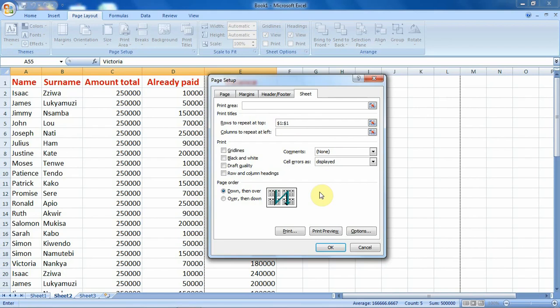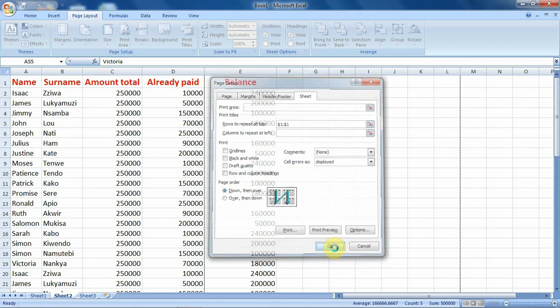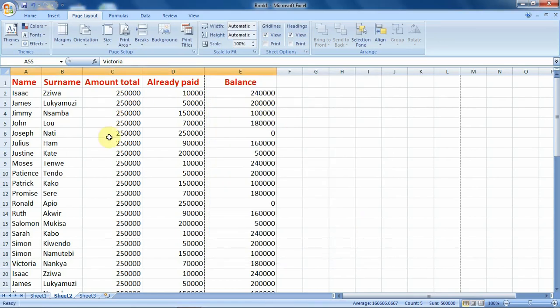If you're done with specifying whether it is the rows or the columns to be repeated on the printed sheets, then you go ahead and click on OK. When you click on OK, you'll go back to the spreadsheet. But now it is upon you to go ahead and print that document or that sheet you want to print.